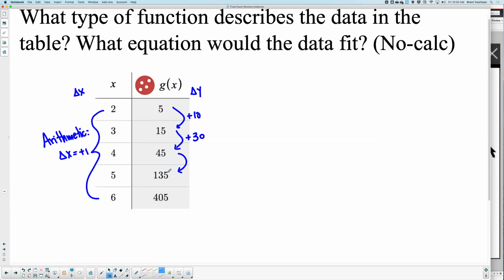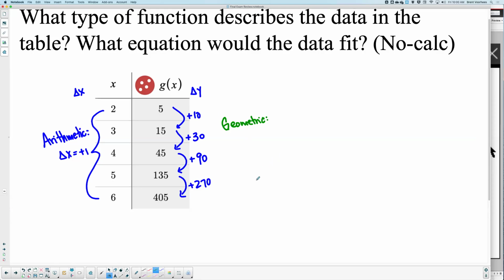It's absolutely not quadratic. How much do I have to add from 45 to 135? How about 90? Is that 90? Yeah, and if you want the next one, this would be 270. So are we saying this is arithmetic or geometric? Geometric. So by definition, if the x column is arithmetic and the y value is geometric, what type of